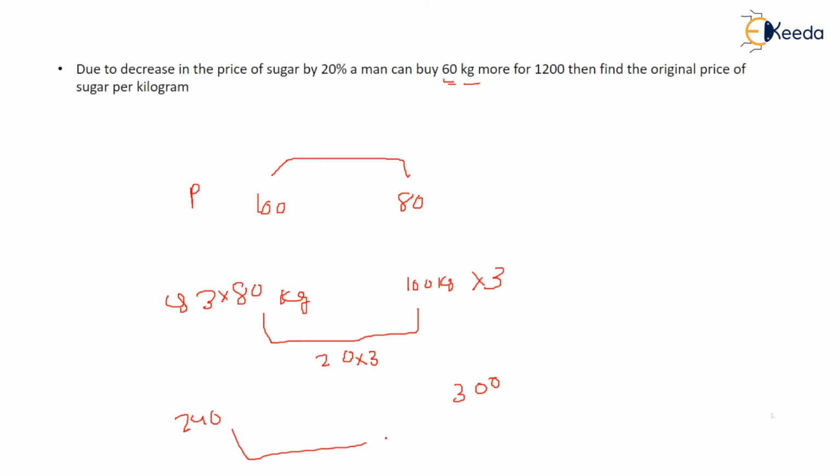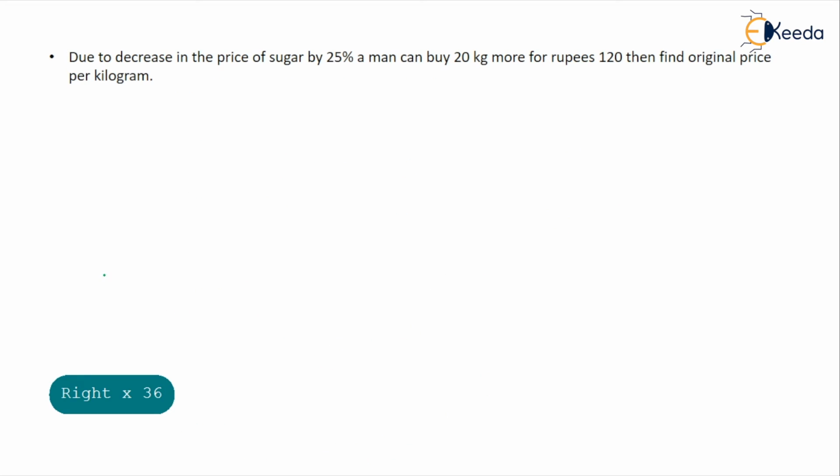So now the difference is what? 60, right? 60. So now the condition is satisfied. So 60 kg more for rupees 1200. Find the original price. So 240 he was, this was old, means what? Original or earlier one. 240 kg he used to buy at 1200. So now you can find out that is 1200 divided by 240. That is equivalent to the price. So earlier the price of 1 kg sugar was 5 rupees. Very simple.